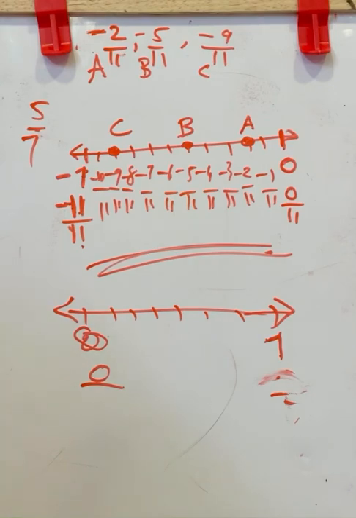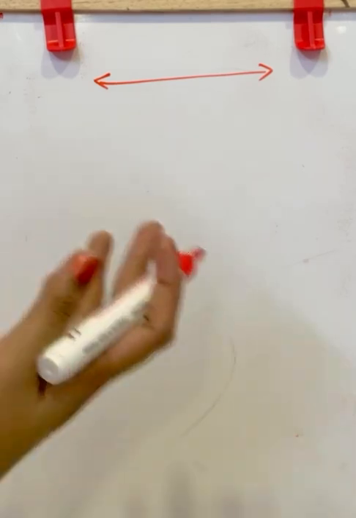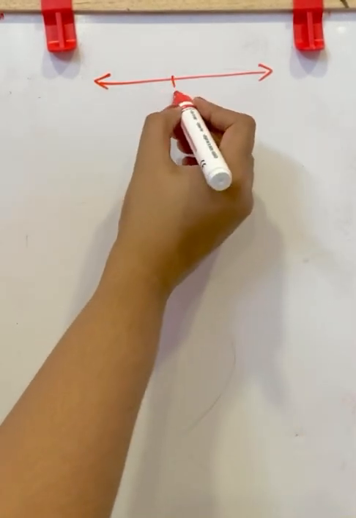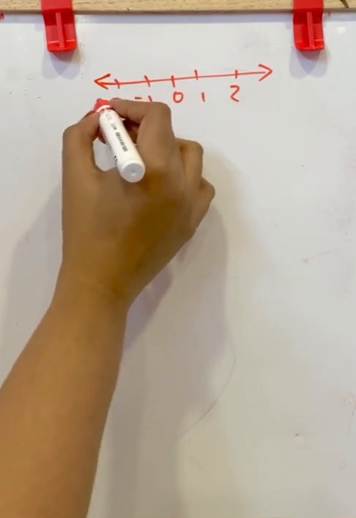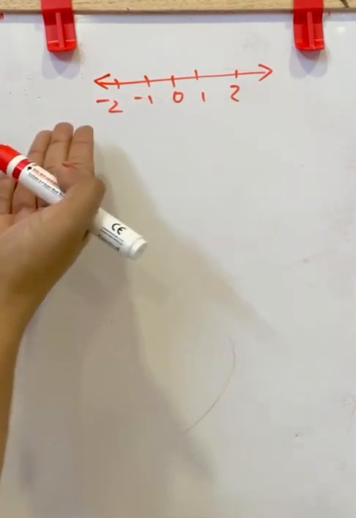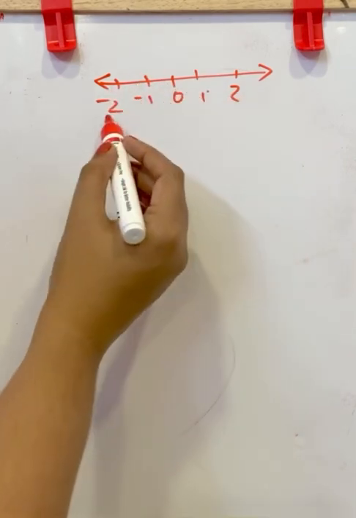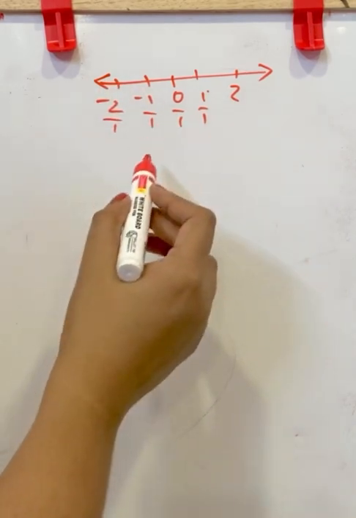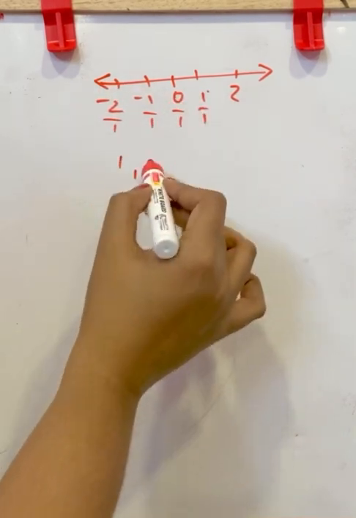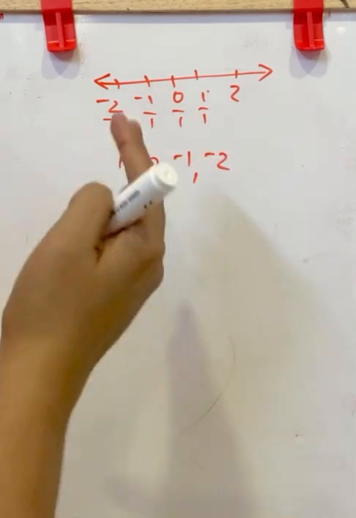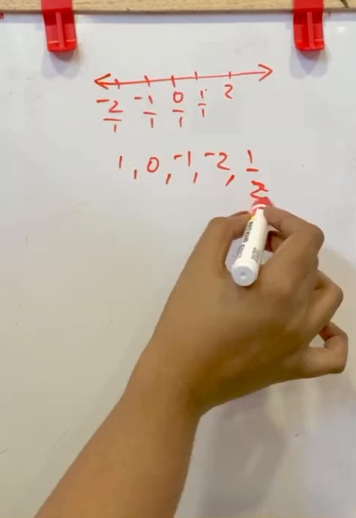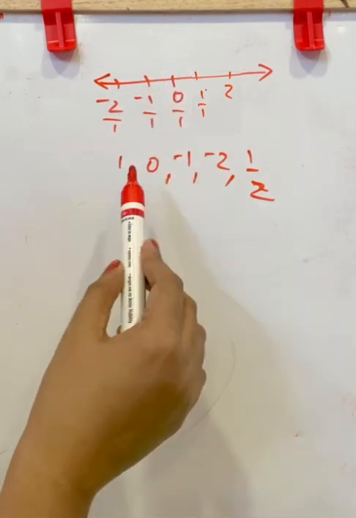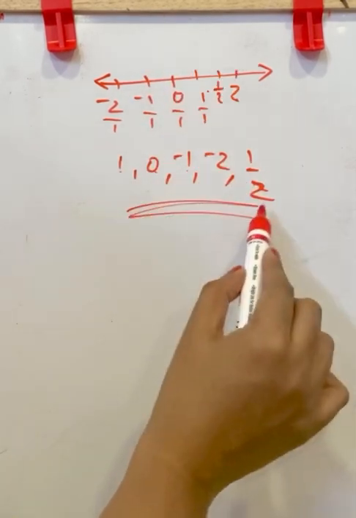Next is write 5 rational numbers which are smaller than 2. We can first draw a number line and check. If you know how to write directly, you can do that also. Here 1, 2. Here will be -1, -2. Now we want to write fractions smaller than 2. These are all fractions because all these are by 1, by 1, by 1. So you can simply write less than 2. We have 1, 0, -1, -2, or you can write any other fractions. We want to write 5 fractions. 1, 2, 3, 4, 5 fractions are here.